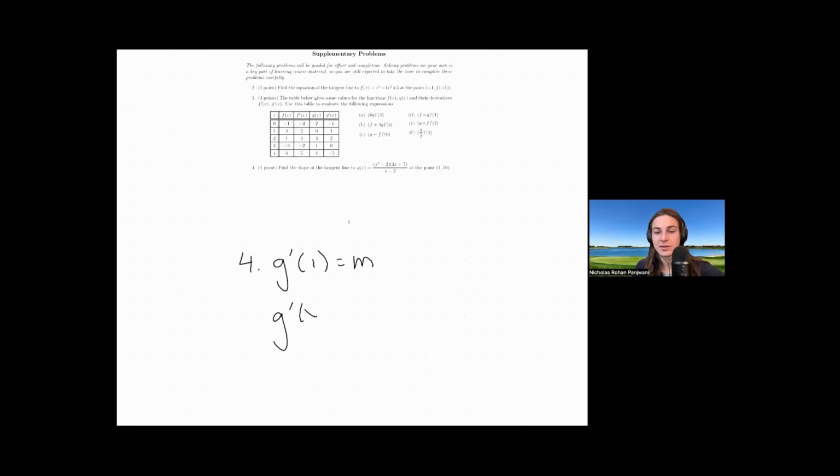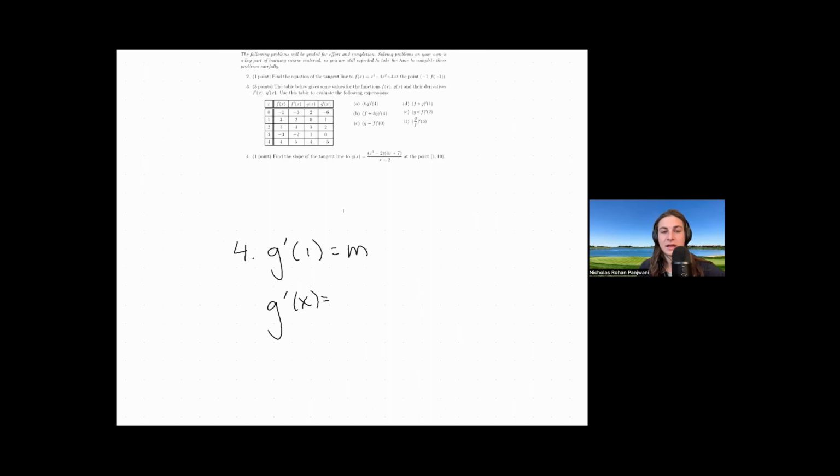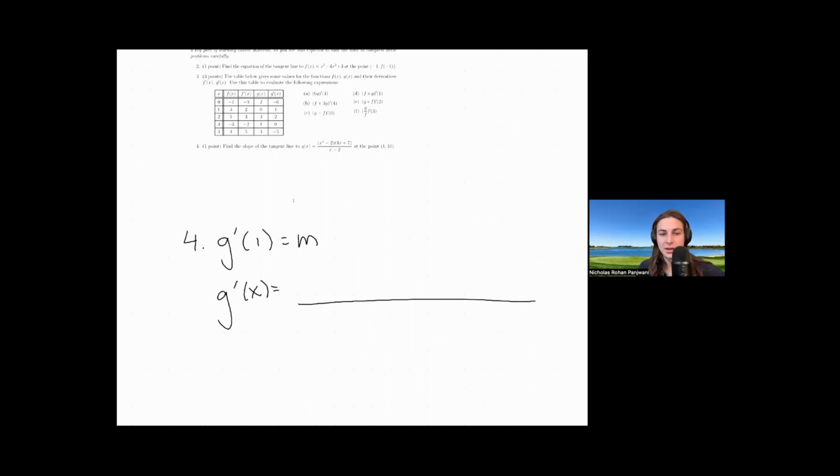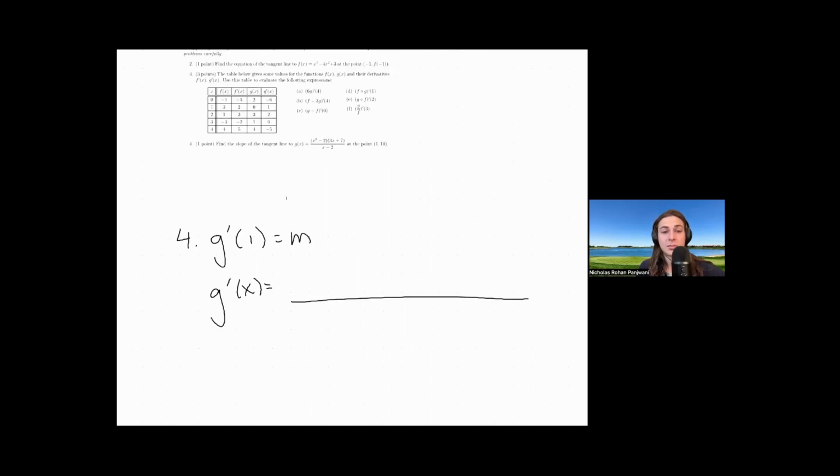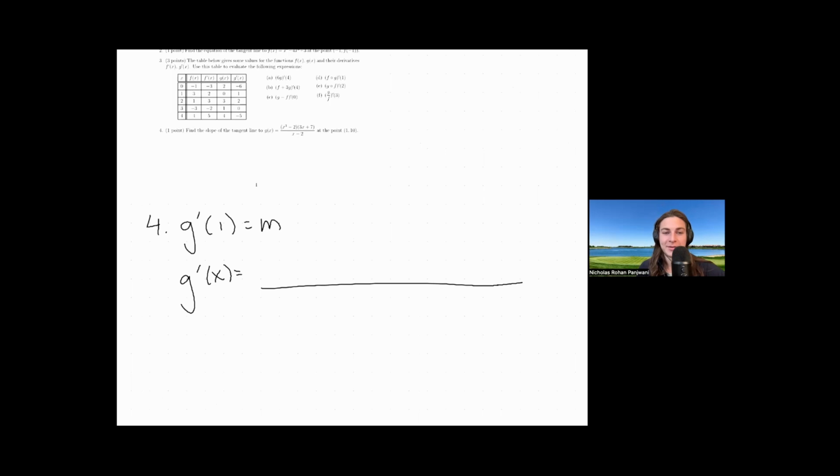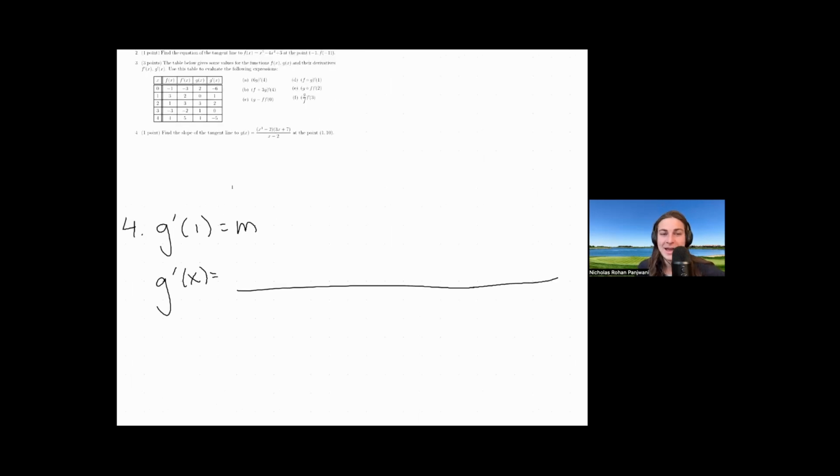So g prime of x we need to find first. So we're taking the derivative of this function. So we're going to use, again, the quotient rule and the product rule. So this is going to be a fun one. It's enough work just to do the derivative. Maybe that's why they're not having you do the full thing. So first of all, on the bottom, we just square the bottom, x minus 2 squared,